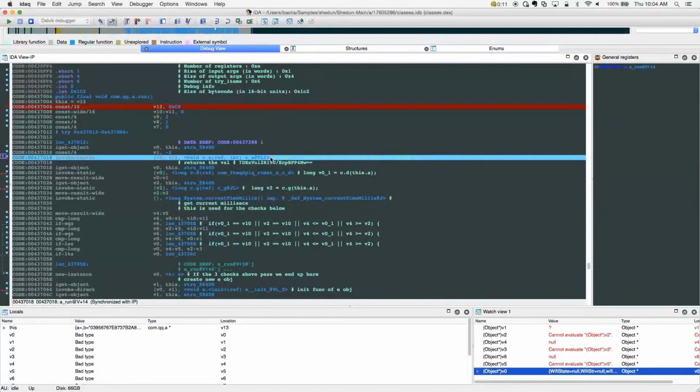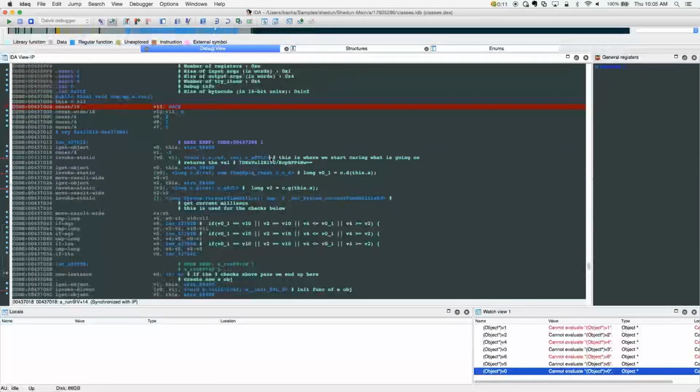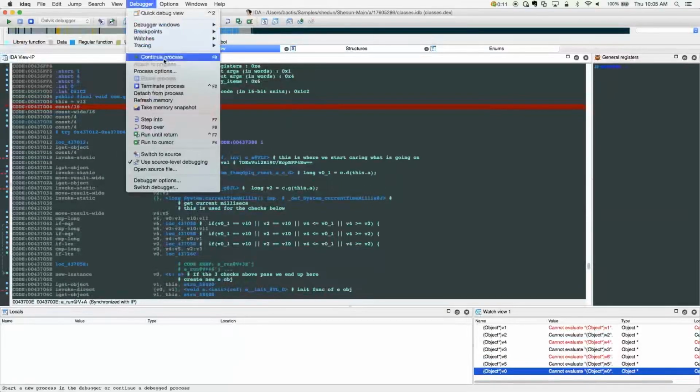So if I press F7 to step into the function, now this is one of those cases where, okay, what did I step into? Notice that the general register is listed as all Fs here. So in this case, I can't see where I'm currently at. I'm going to do debugger, continue process,